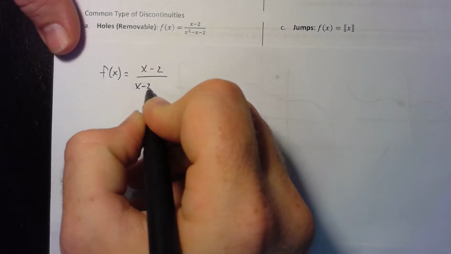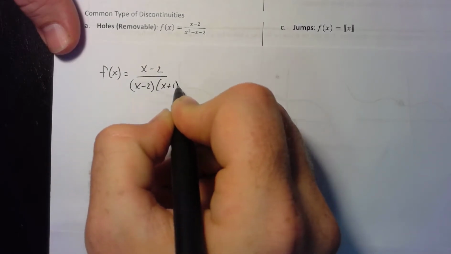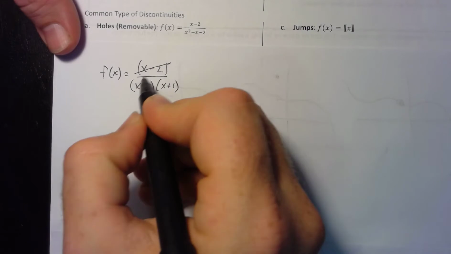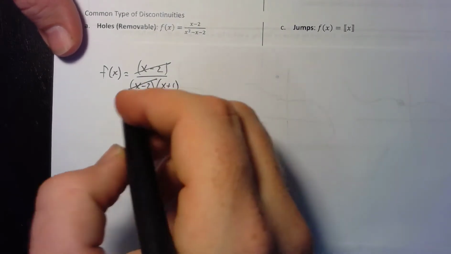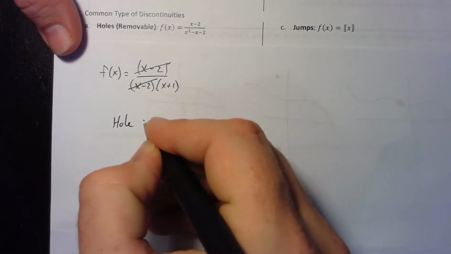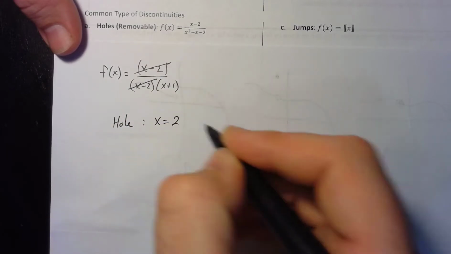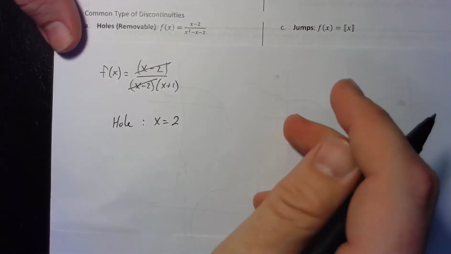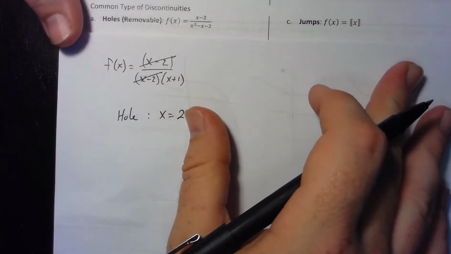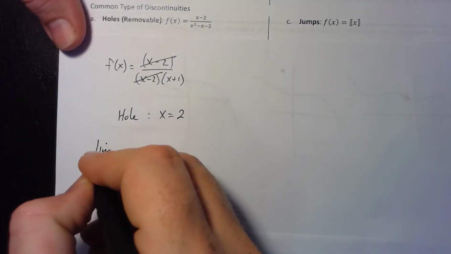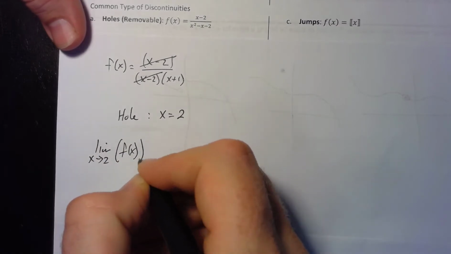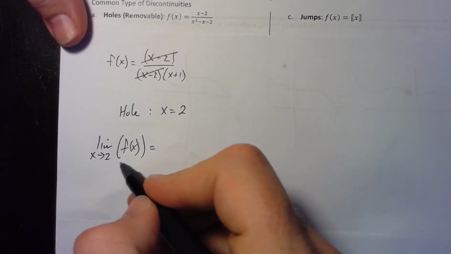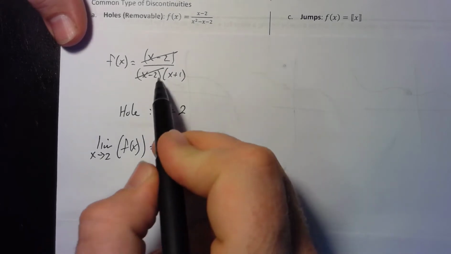you would take that function, factor everything that you can factor, and cancel out like terms on top and on bottom. You'll recall that the value that cancels out in the denominator causes there to be a hole. So there should be a hole at x equals a positive value of 2. Now, the way that we verify this using calculus, if you recall, is by taking the limit as x approaches 2 of that function f of x,